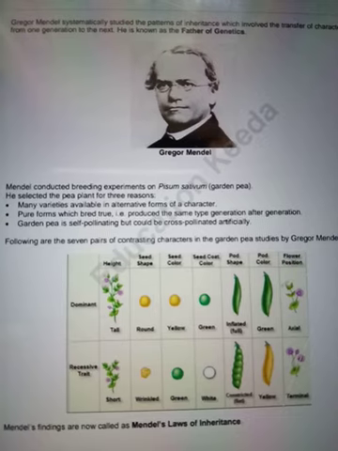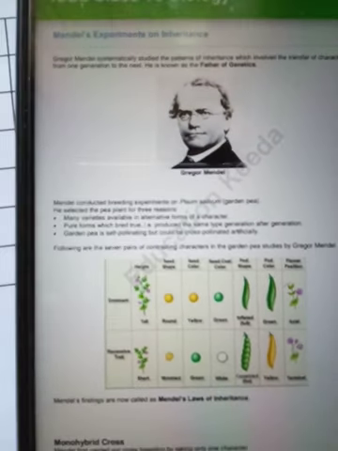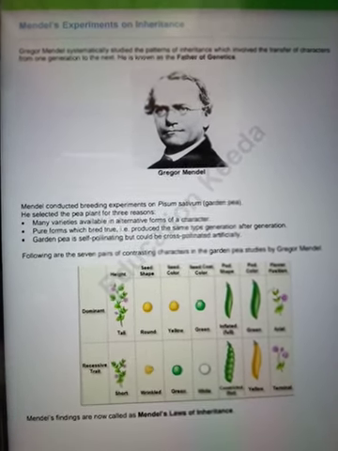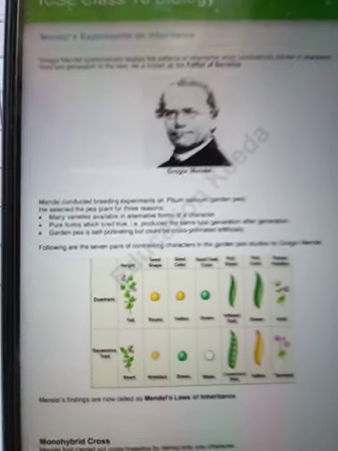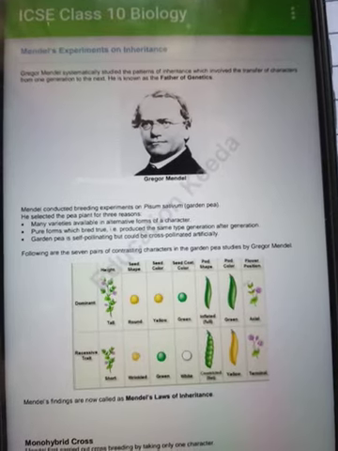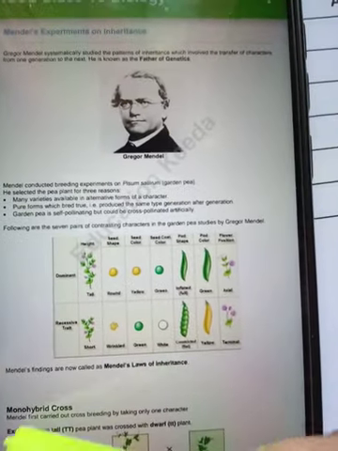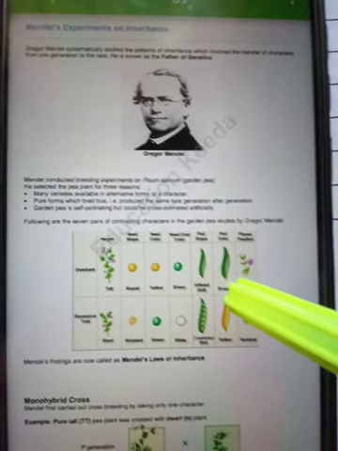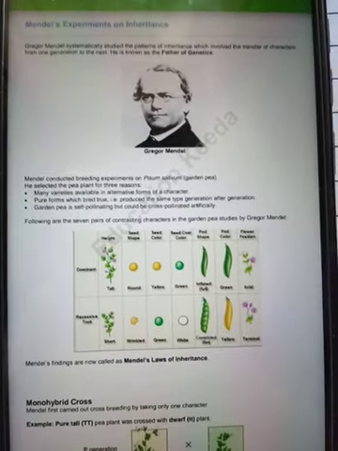Now we'll talk about Mendel's experiments on inheritance. You know that Mendel was known as the father of genetics, and he experimented on the pea plant. The scientific name of pea is Pisum sativum, and he experimented on 7 main characters. You can see over here the 7 main characters, and he conducted breeding experiments on this garden pea. He selected